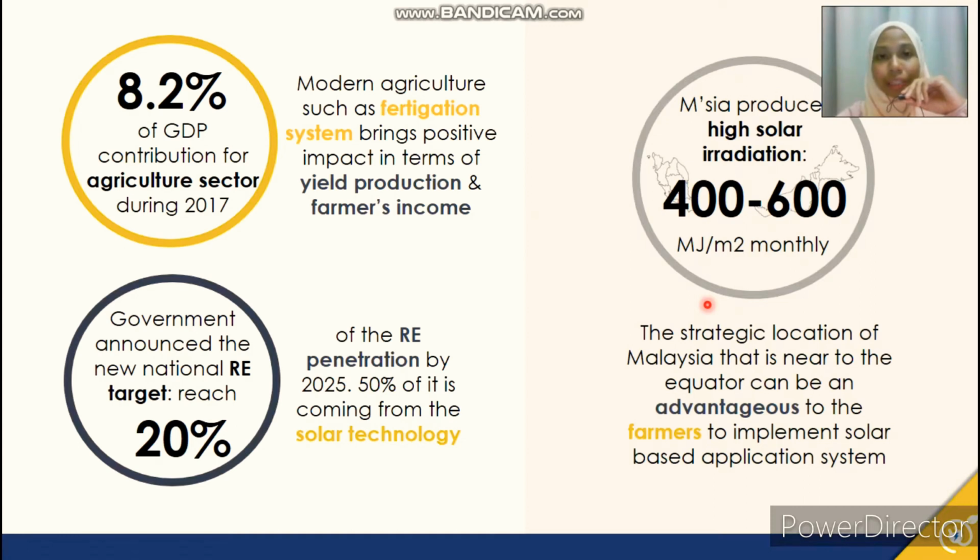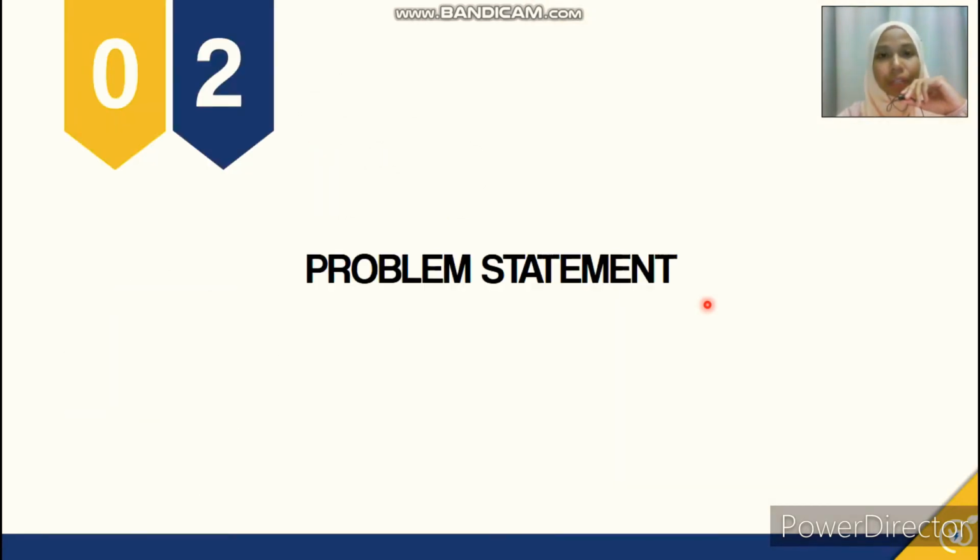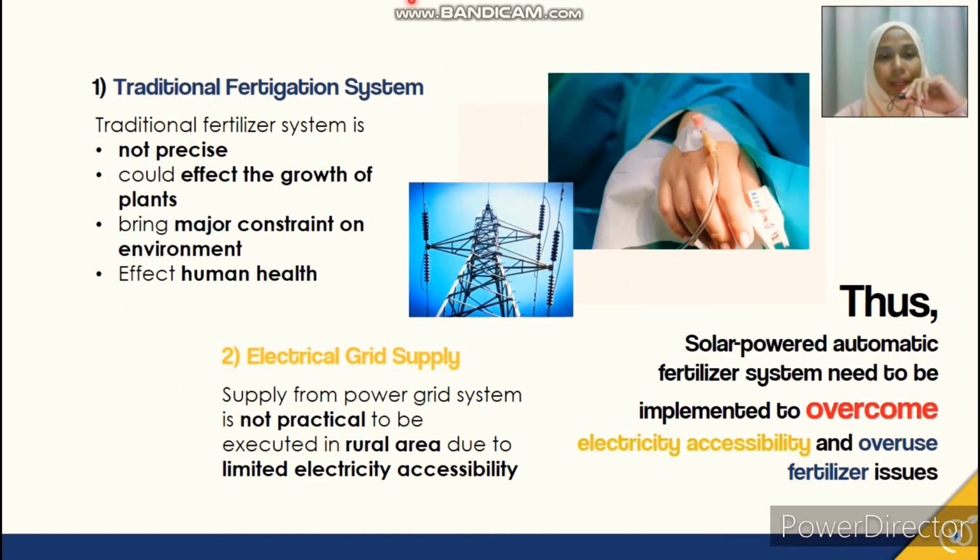With all the stated facts, we believe that these things can tackle a lot of issues that are lingering among the farmers. Some of them are included in my problem statement. The first one is the traditional fertigation system. Before this, fertigation has been done traditionally, where the mixing of the